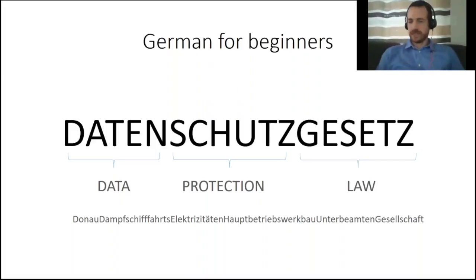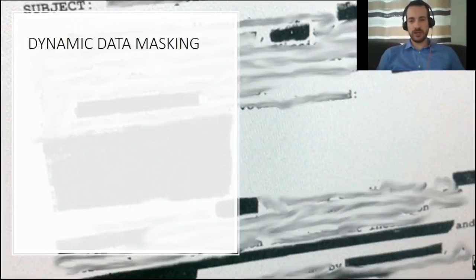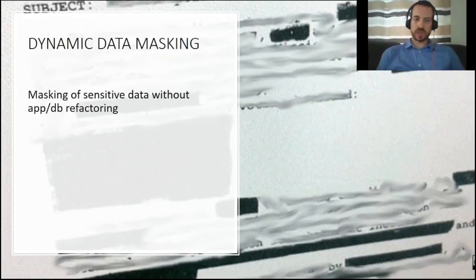Anyways, getting to the topic, dynamic data masking, something that has been touted as a way of increasing security inside SQL Server 2016. And what it actually does as a feature is it masks sensitive data without needing you to change anything inside the database programming itself or inside your application. And it's quite important to note what it does not do is actually change the data inside your database like encryption would. It's just at the time of actually calling the data out of the database that the masking features will actually work. So let's take a quick look at exactly how that works.